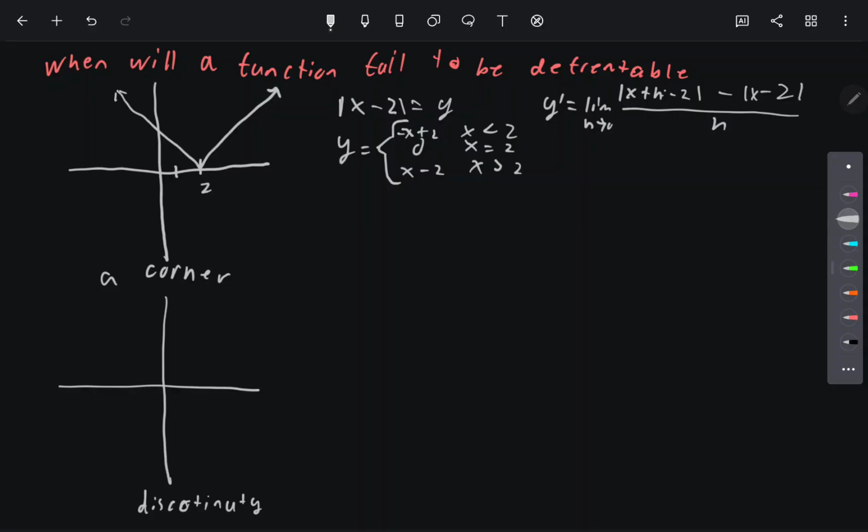The way we will evaluate this is we have to break it down. So we're going to take the limit as h approaches 0 from the right. We're going to be using values that are greater than 2. So we're going to be doing x plus h minus 2, minus